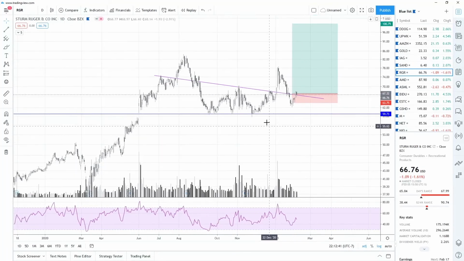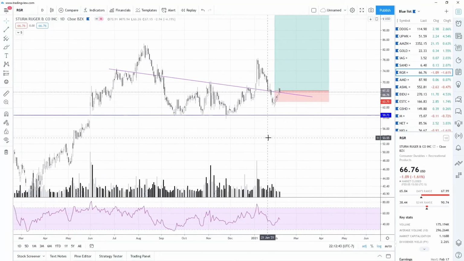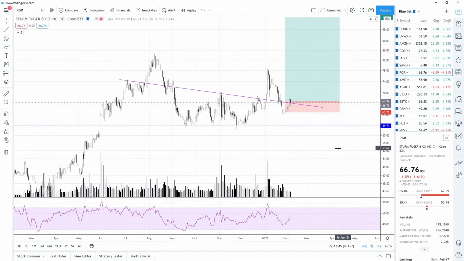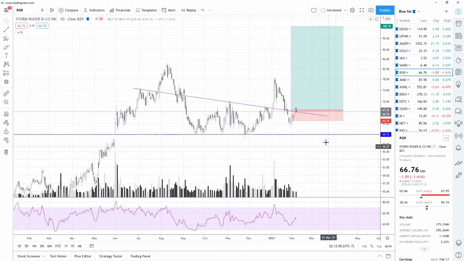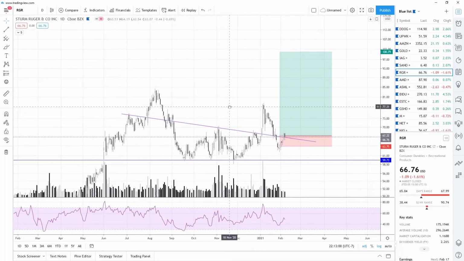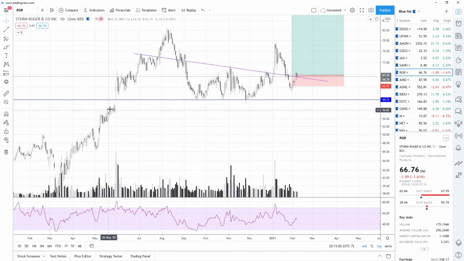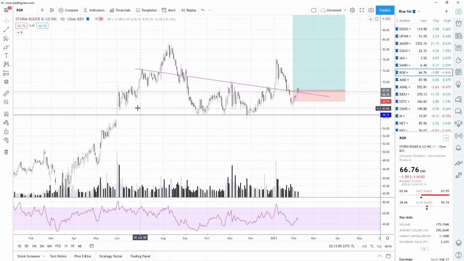Ruger, this is an interesting one. I don't think I'm going to trade it, but I'm going to watch it. It has had this sort of bull flag pattern, but it had one false breakout and then another false breakout, and now it's having a third, what looks like a breakout and retest. So right now is a good position to get in for the trade, and I think it's a fairly bullish trade. I guess the issue is picking a profit target, because it looks to me like this has had 1-2